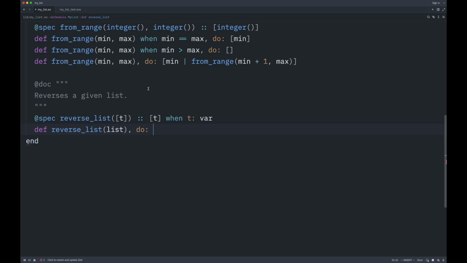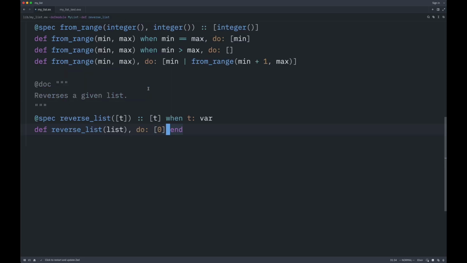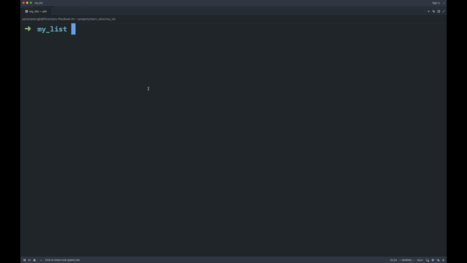So the purpose of the stub is to make sure we can run our tests, and here the signature is saying it can be a list of any type. So let's produce a list of one element, 0, and that matches with the expected type. So now we are able to run our tests. So let's go back to our console, and we are going to run mix test,